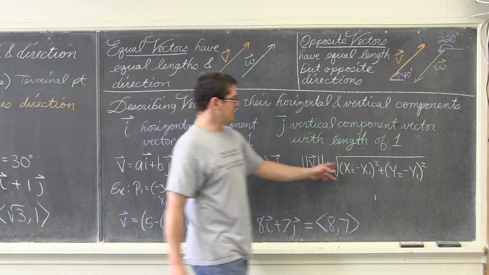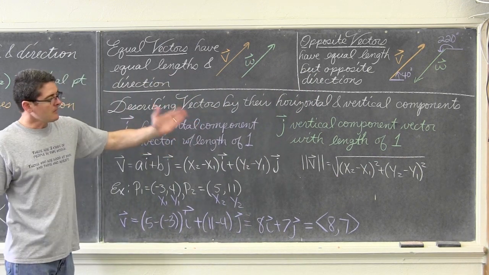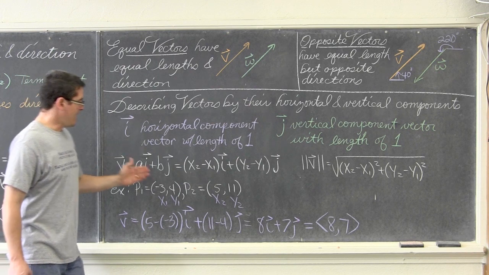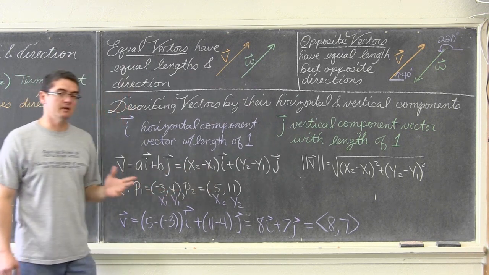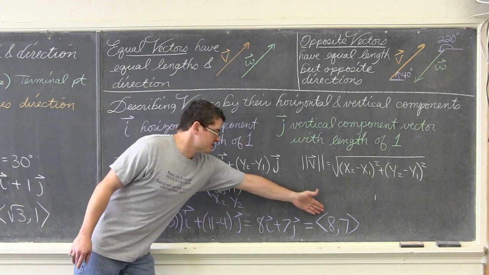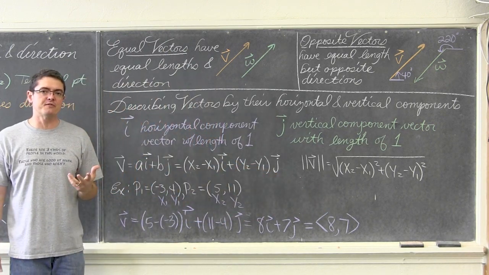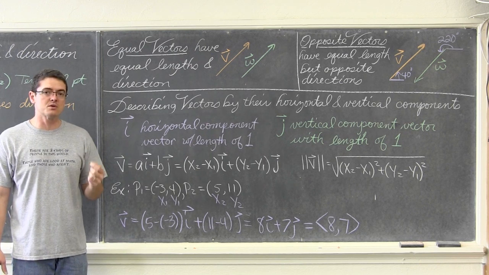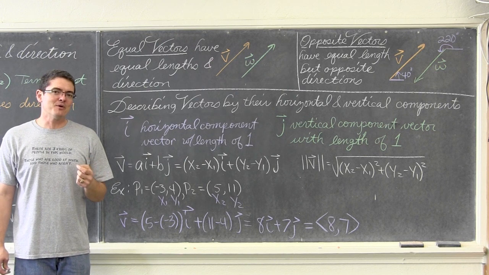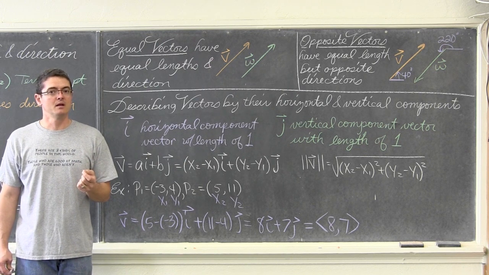What is the magnitude of this vector? Now, that is the distance formula, and I have 2 points given to me. But now that I've already found this sort of condensed name or version of the vector, where I've written it in its horizontal and vertical components, we might want to remember that the distance formula is derived from the Pythagorean theorem.